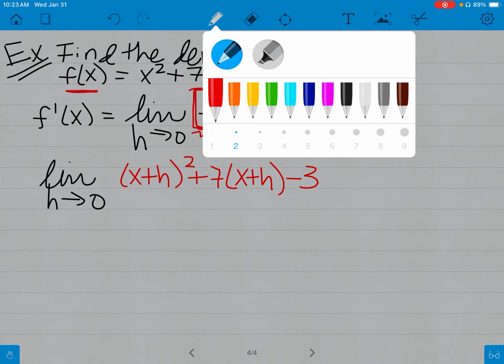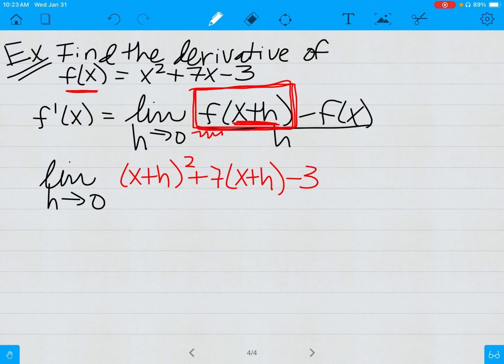The next step is to find minus f of x. Now, that's actually pretty straightforward because we're just going to subtract the function that we started with, right? The original f of x function. The trick is because we're subtracting the entire function, make sure to get a set of parentheses around this. That is one of the biggest issues that people have, is dropping those parentheses,